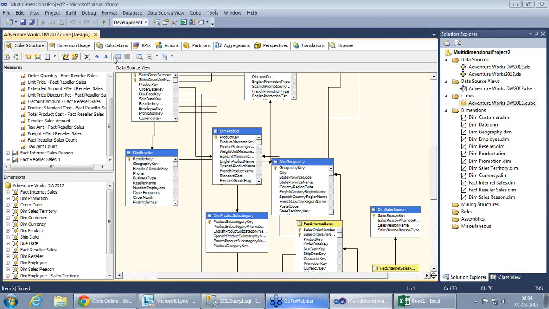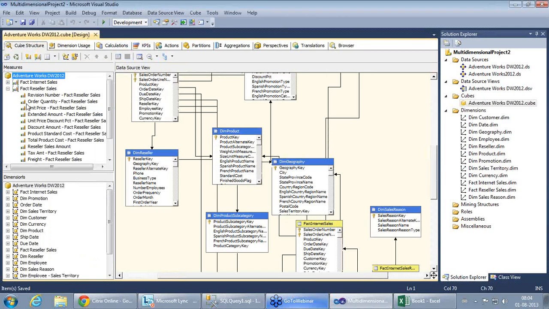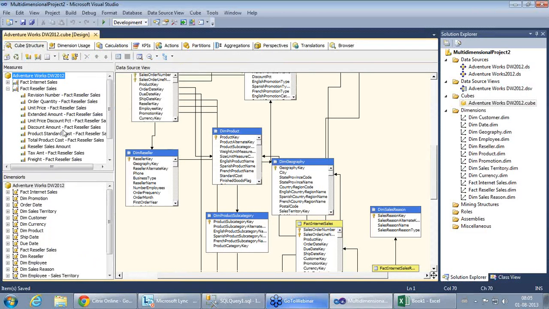Okay, so what we were discussing, we discussed how to create a few measures. Now we would be discussing a concept called semi-additive measures. The measures that we have talked about till now are additive in nature. So these measures are